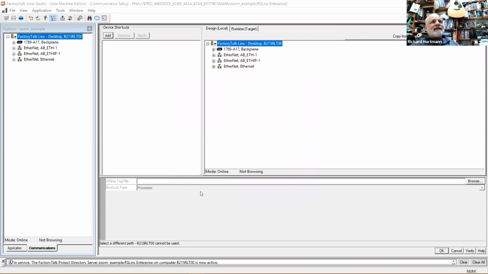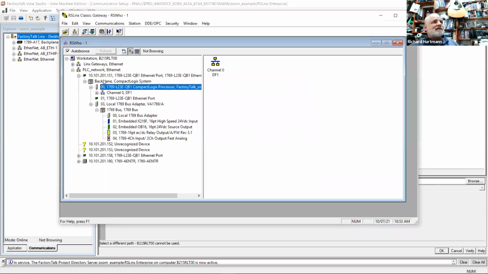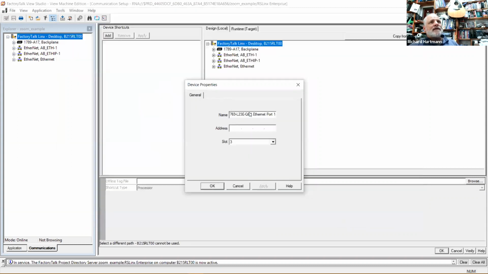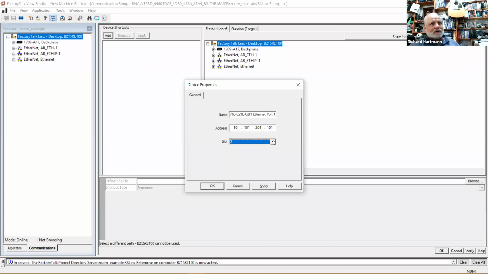So now I'm going to add this. Okay, the IP address, I forgot it. So I'll flip over to RSLinx. It's 10.101.201.151. So I put that in. Now it wants to know what slot it's in. Well, let's go back to RSLinx one more time and let me look. Okay, and it's telling me that it's in port 1. It says 01 there, so I think it'll actually work with a 0 or a 1 in this case, but